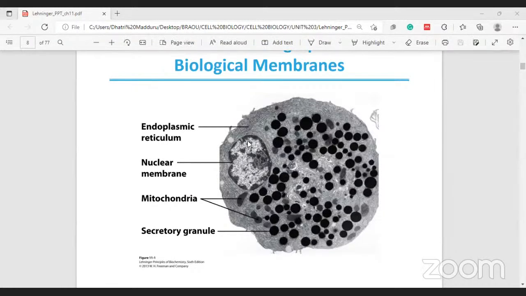Now we can easily detect this as a nucleus. If there is no membrane, we cannot detect; everything looks similar. Okay. So this is mitochondria, which is surrounded by mitochondrial membrane. And these are the secretory granules which can secrete some proteins. So even they have their membranes. So like that, membrane will delimit the